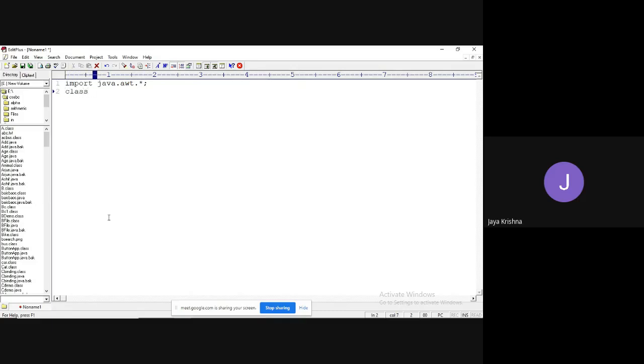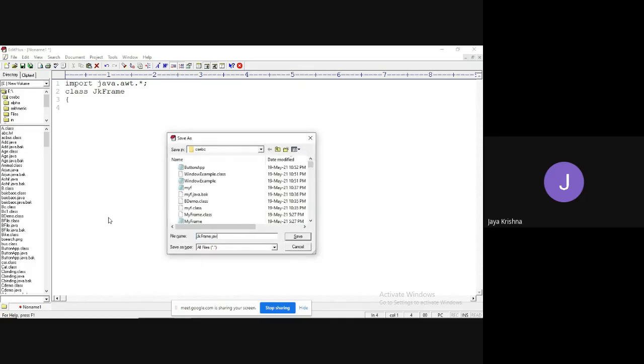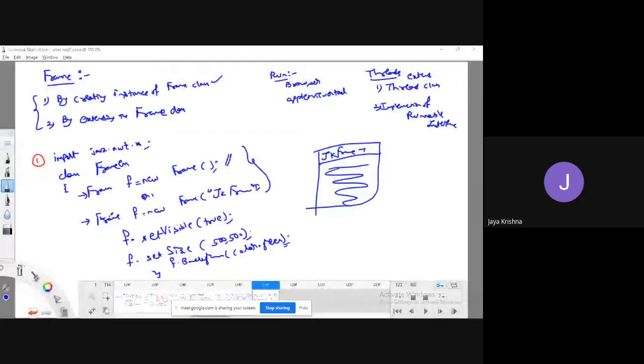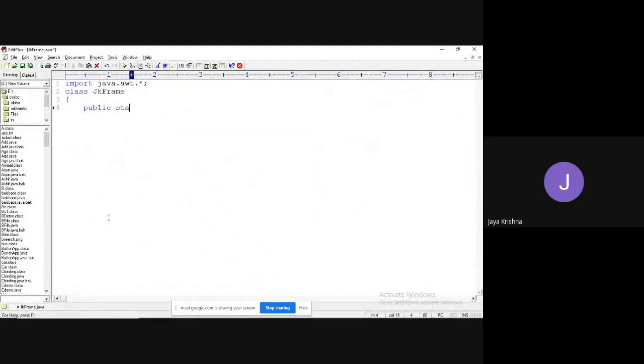I'm going to write class JKFrame. Okay, the main method I would like to write. I think I forgot to write the main method here. public static void main.